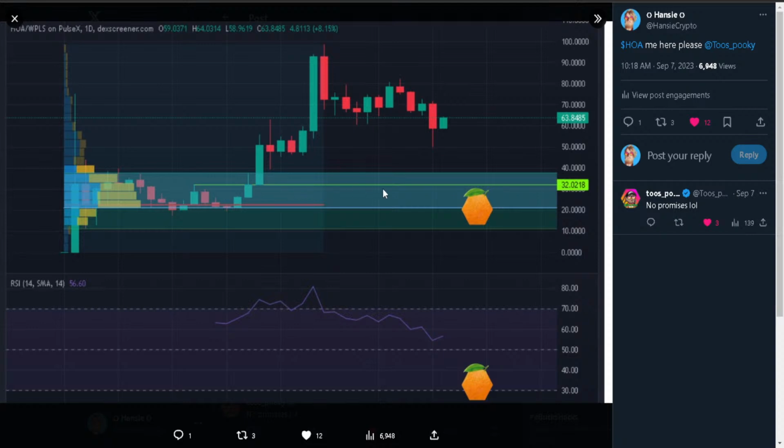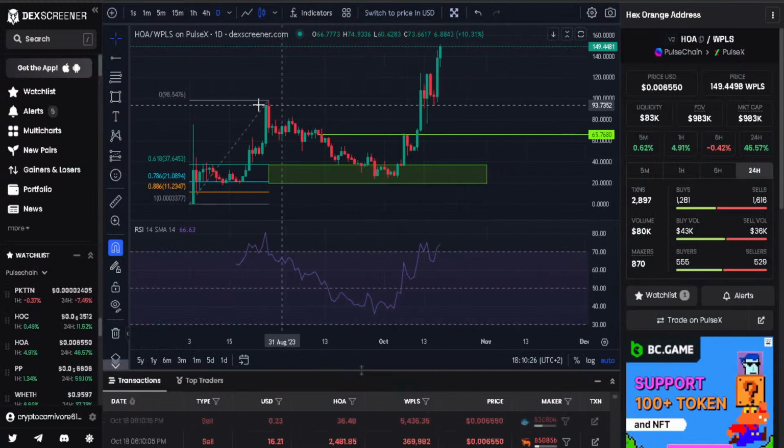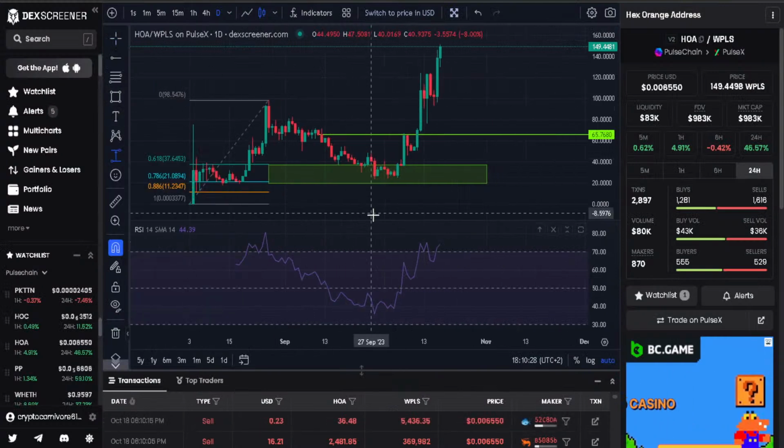This is the retest, the 32. It went a little bit below it, and most of the volume was traded here at 23 as well. So yeah, how am I here, please? Too Spooky said no promises, but it got there. And now, if you bought this area,